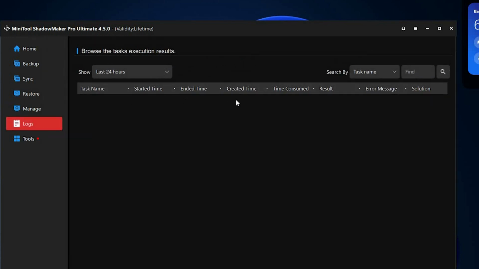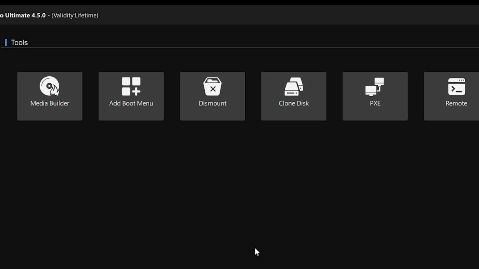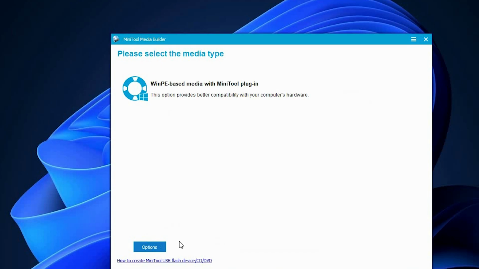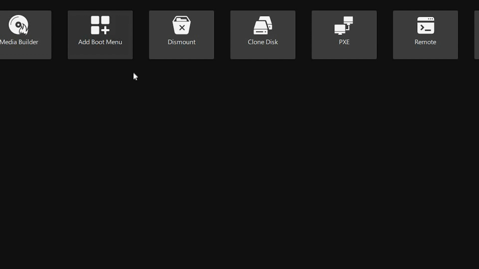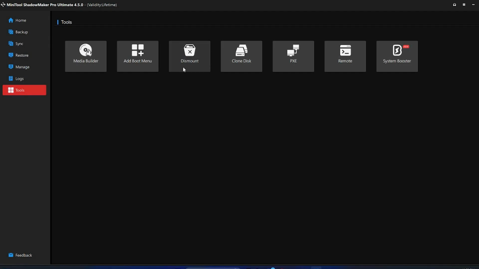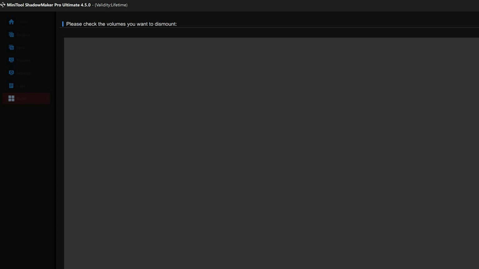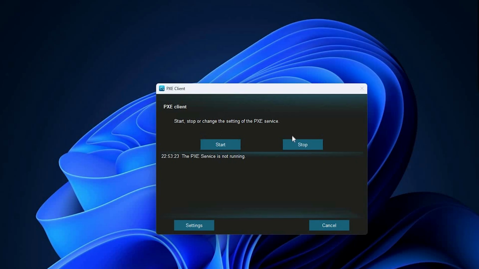The log shortcut will basically show every task that you've executed using this software. Useful in case you need to look back and see what you've done. And the tools shortcut will give you some extra tools that you can use should you need them, such as Media Builder, which will allow you to make a bootable disk on a CD or DVD or USB stick, an ISO file, image file, add Boot Plus menu, which will allow you to boot up the computer without the use of any disks, Dismount for dismounting virtual drives, Clone Disk if you want to clone entire disks,